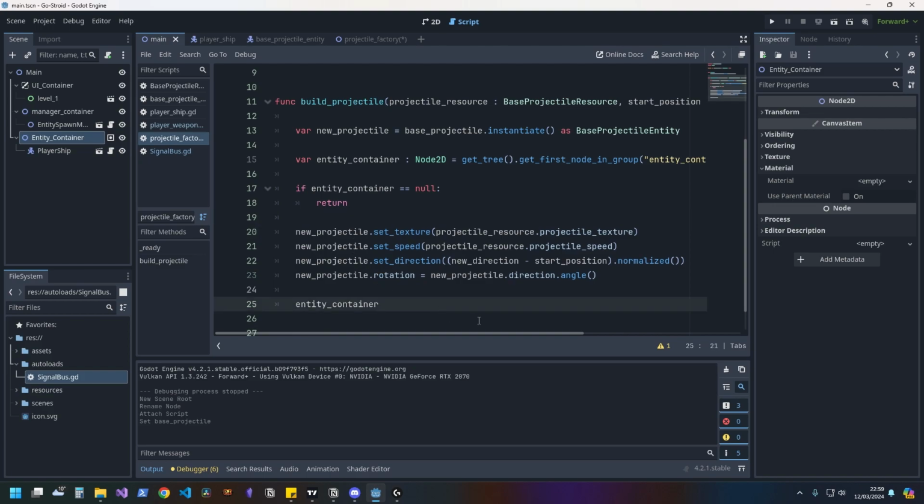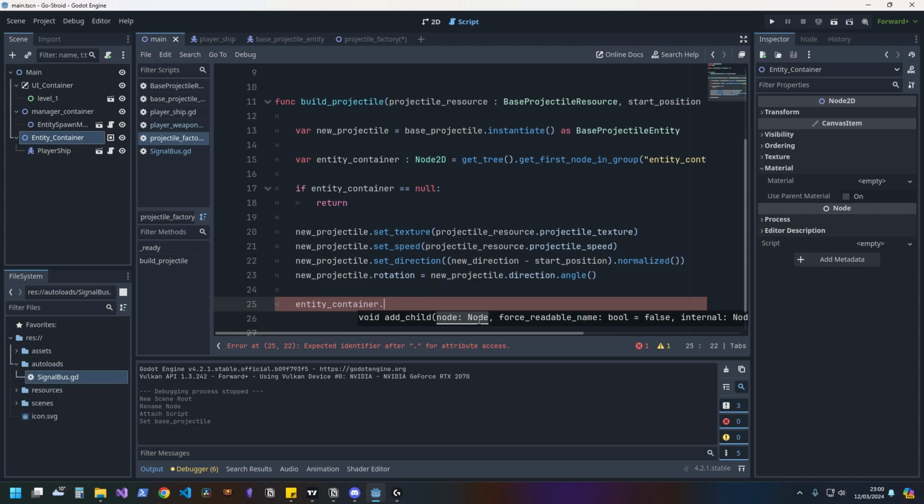There we go. So we'll go entity_container.add_child. Now, before I add the child, I'm going to say there are a couple of ways of using certain functionalities in this. Add child has a couple of ways of using it that may or may not become necessary depending on what you're doing or how much you're doing in any given frame. If you have 20 projectiles firing all at once, all on one individual tick or frame, it might break every now and then, or it might not. It really depends on how the engine's feeling. But something you might want to know how to do is using the call_deferred or set_deferred